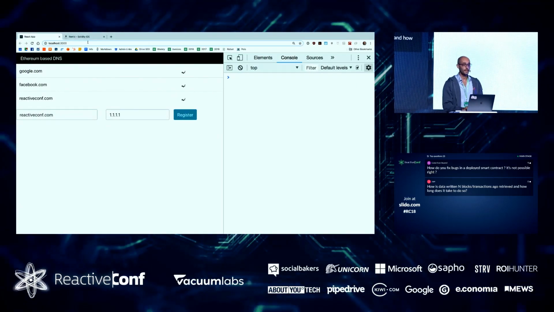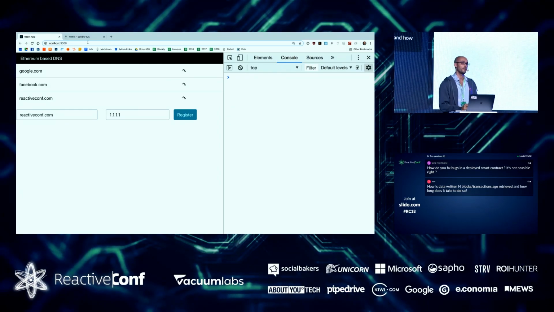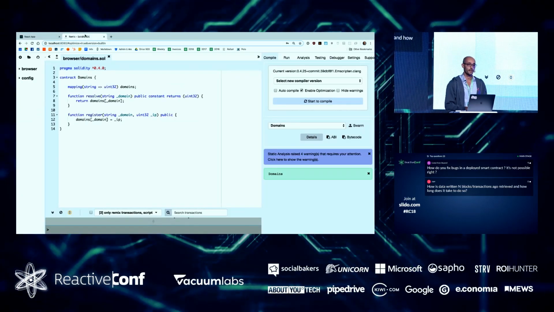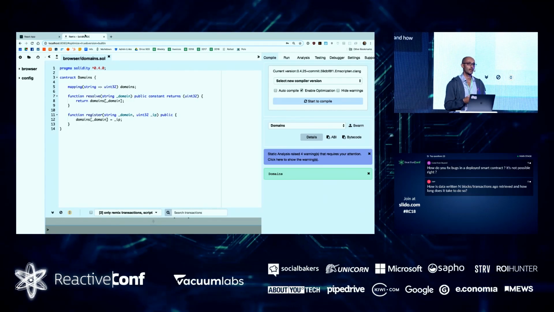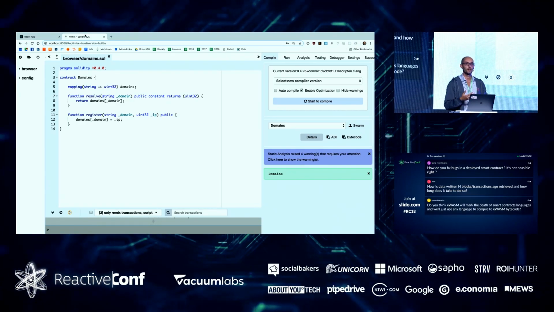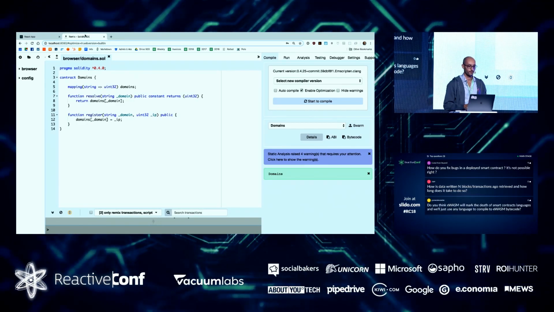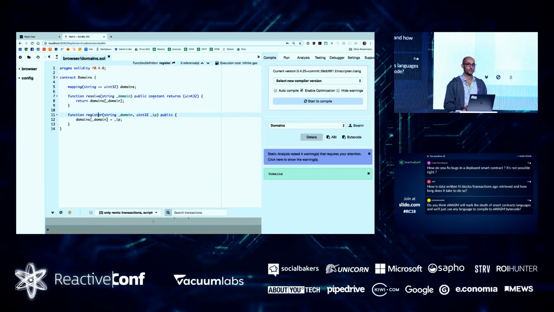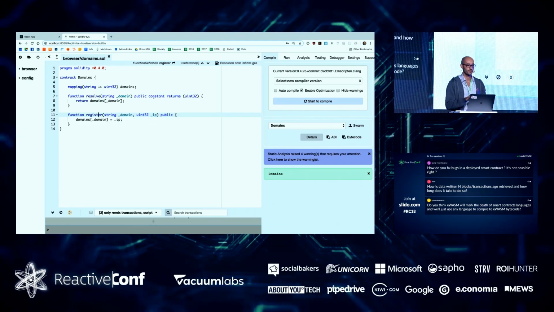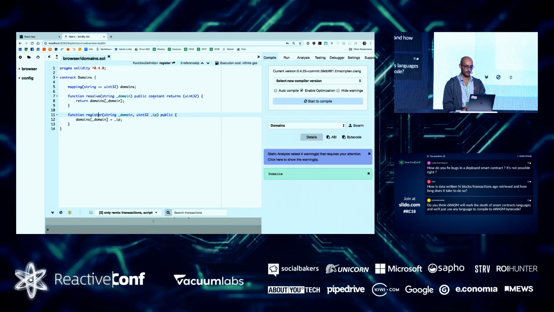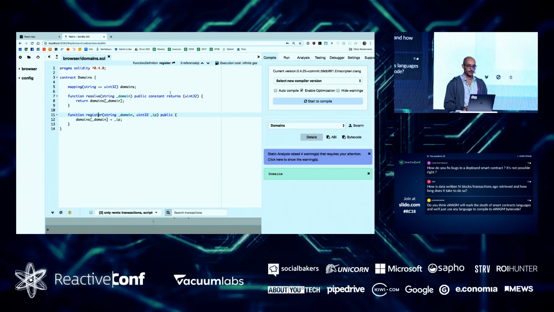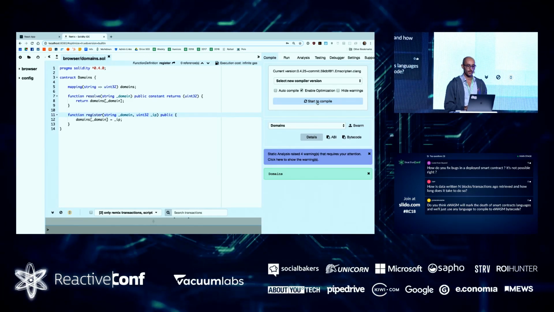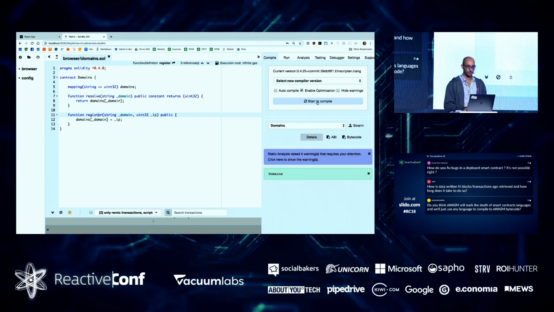installations. Another tool I'm going to use is the Remix IDE. It's a web-based IDE that's really nice to play around with contracts, deploy them, and afterwards see what's happening inside of them. So we got our contract already here. There are a few keywords that I didn't have in the presentation that are needed now to make the contract more concise. And what I want to do is really try to compile it. So we hit the compile button here.